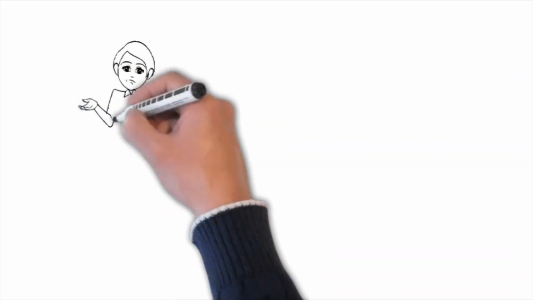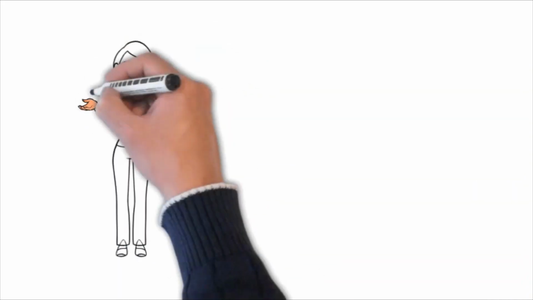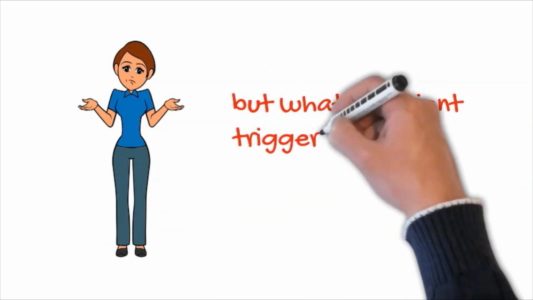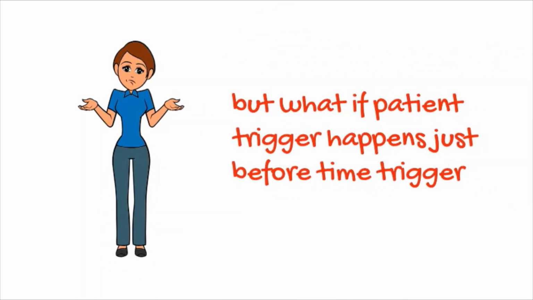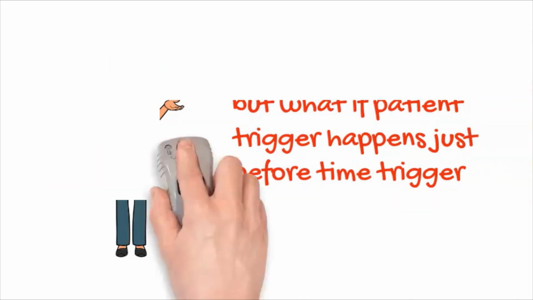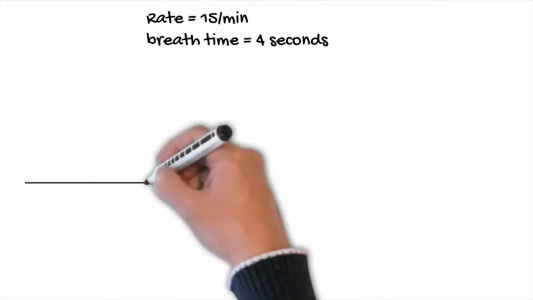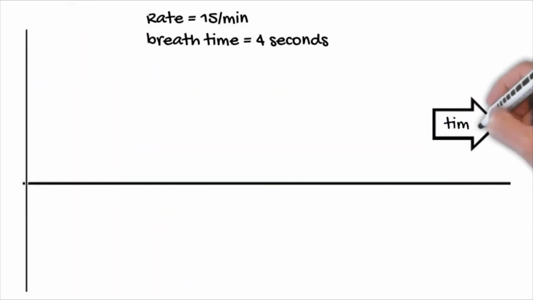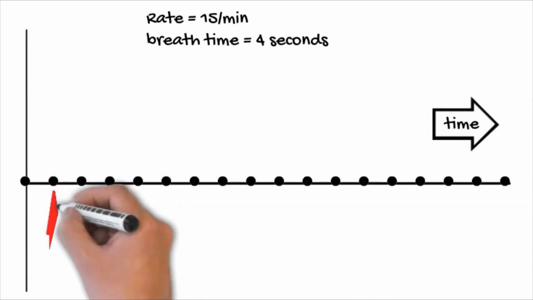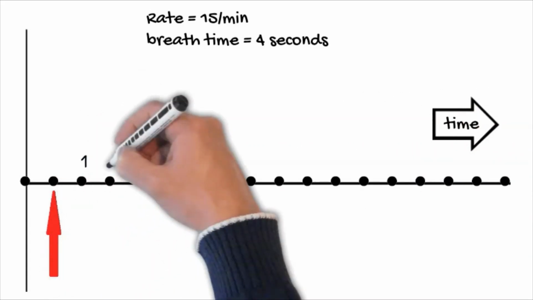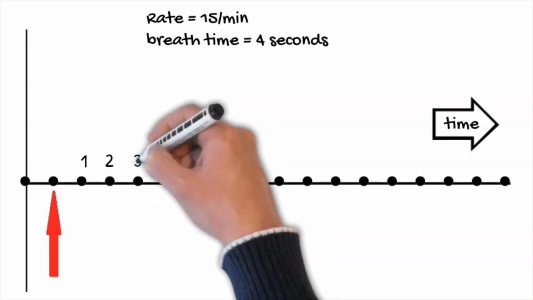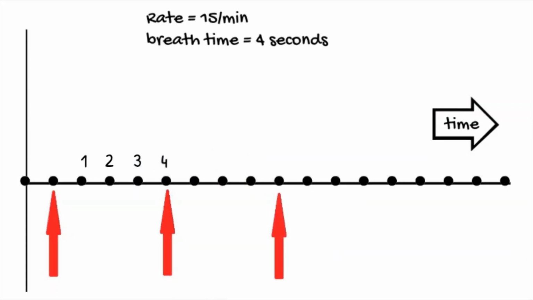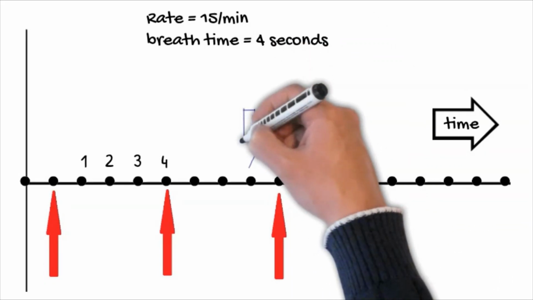The interesting question is how the ventilator avoids conflict between the patient trigger breath and the time trigger breath. In other words, how does the ventilator simultaneously handle both triggers if a patient trigger happens just before the time trigger breath? Let's take an example here. With a rate of 15 breaths per minute, the breath time will become 4 seconds, and the ventilator has to initiate a breath at every 4th second. So the ventilator has a counter inside it which counts 4 seconds, and at the 4th second the ventilator will initiate its own breath. Now let's say that this is a proposed breath, but the patient initiates a breath at the 3rd second.